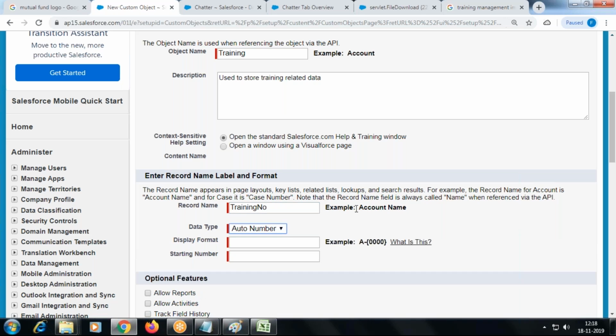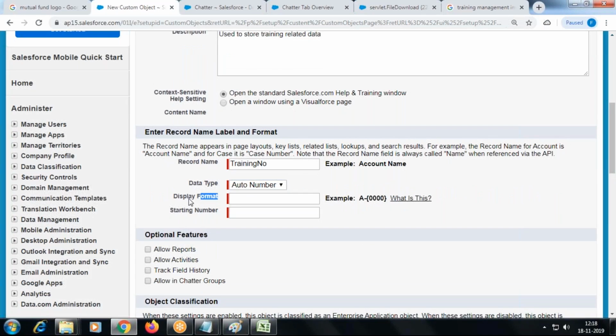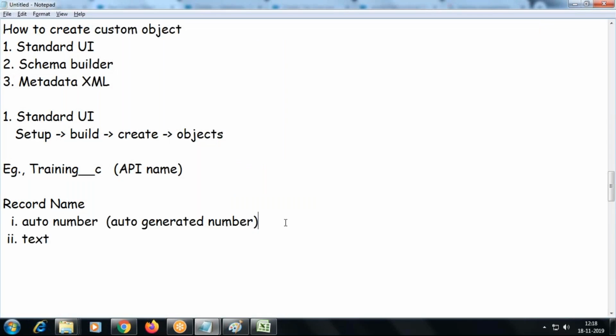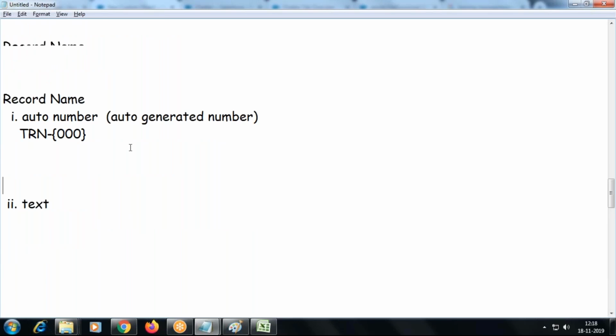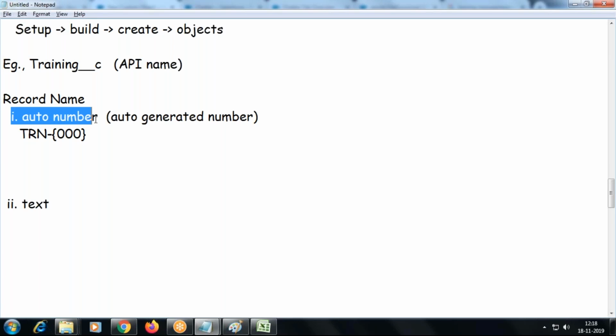So I make that field a training number. I go with auto number. When I choose auto number, what happens? Some format is displayed. Here I can choose the format of the number that needs to be generated. Suppose I give this format. What option did I choose? Auto number. So what will happen?